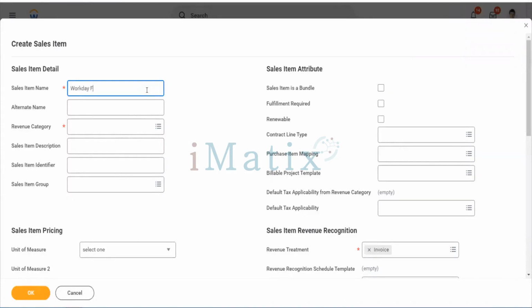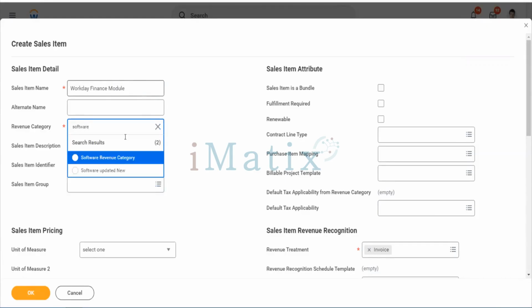We'll name it Workday Financial module that we are selling to the clients. Revenue category, which we just created, software. We can use this one, updated new.